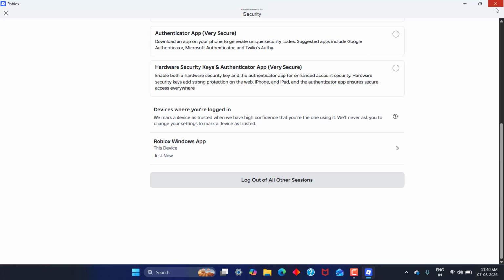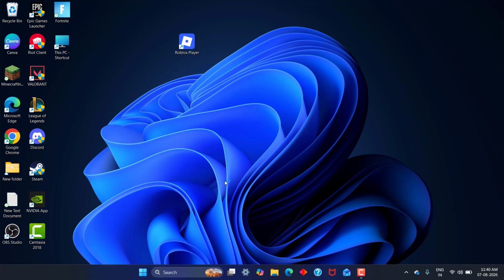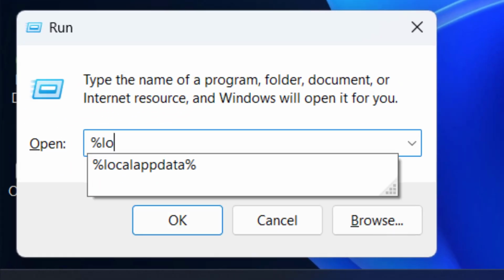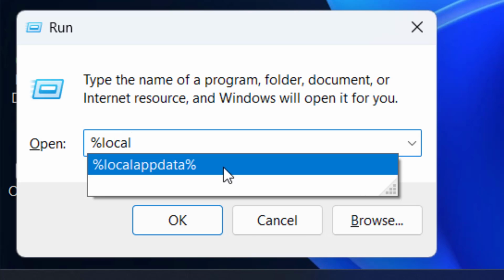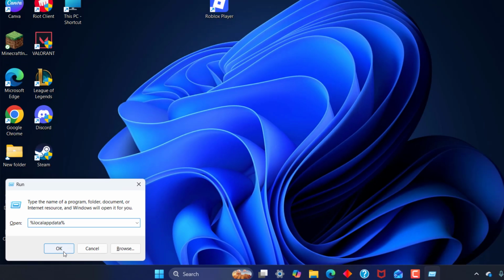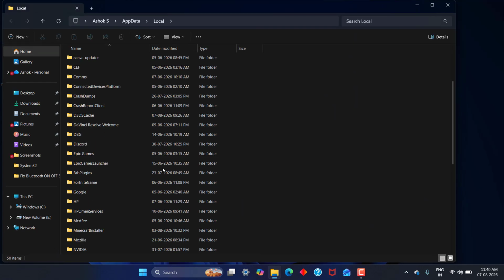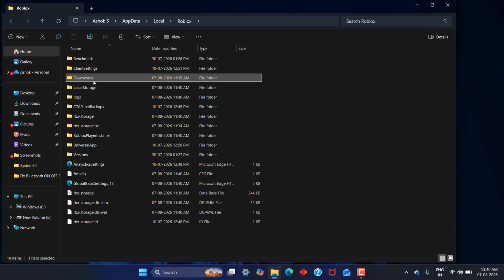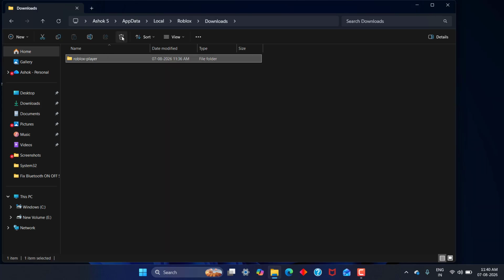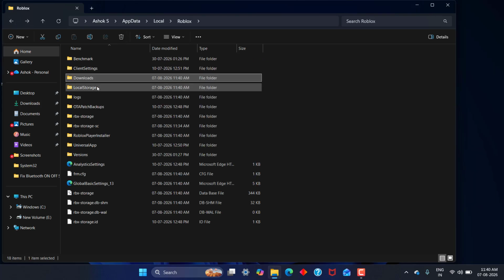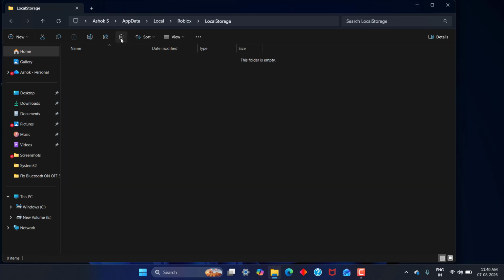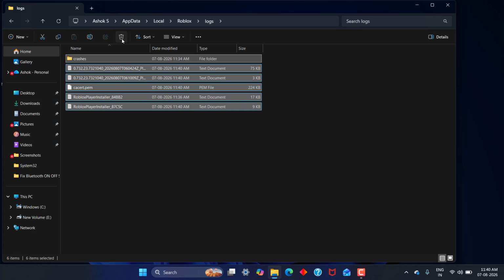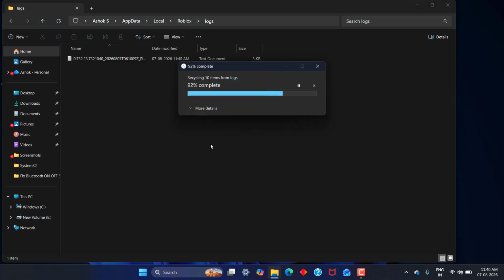Next step, search for Run and type the following text: percentage local app data percentage, click OK. Scroll down and search for the Roblox folder, click it, click the download folder, delete the files inside the download folder, come back, click local storage, delete the files inside the local storage, click the log folder, delete the files and folders inside the log folder,